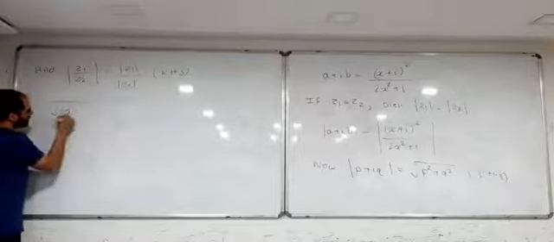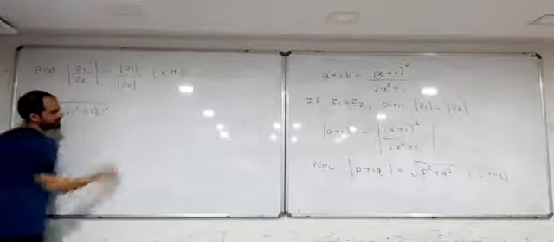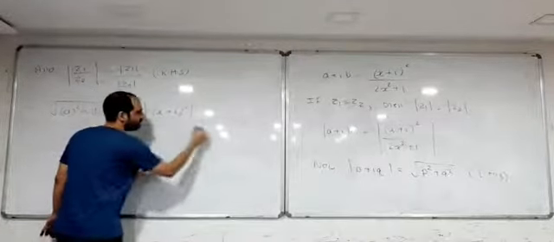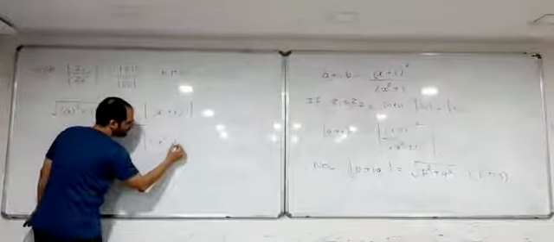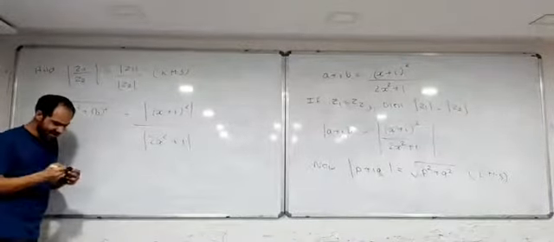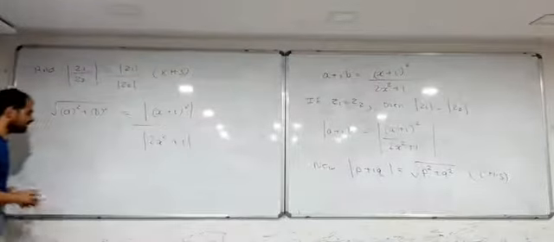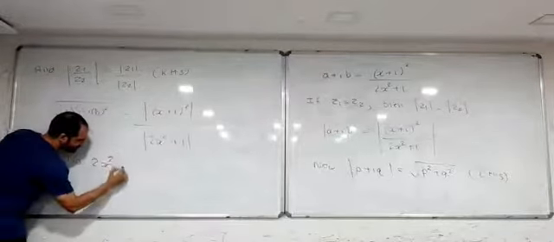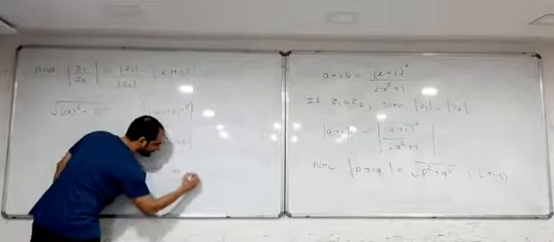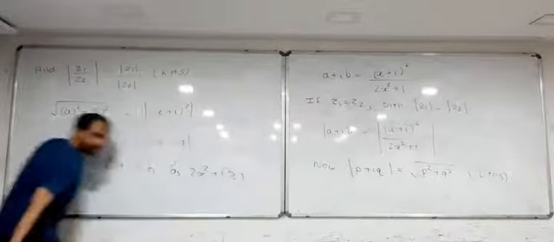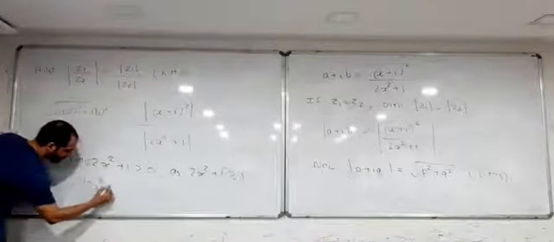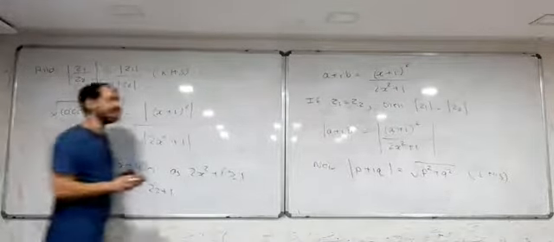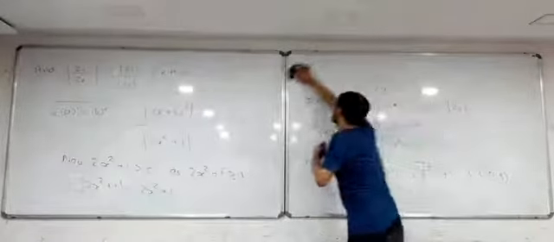So square root of a square plus b square is equal to the magnitude of (x plus i) the whole square, whole upon the magnitude of 2x square plus 1. Very clear, done. Now you know that 2x square plus 1, as we told earlier, is positive, as 2x square plus 1 is greater than or equal to 1. So therefore, what is the magnitude of 2x square plus 1? Modulus of x is x if it is positive. So based on that logic,